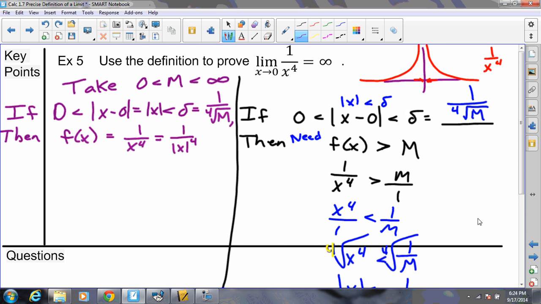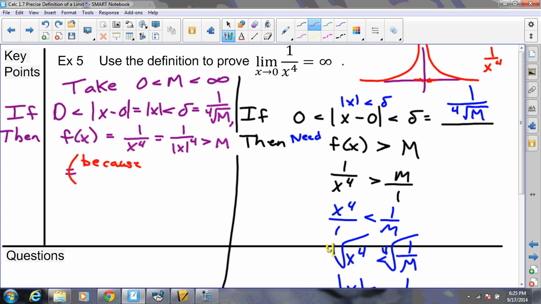Anyhow, this number has to be greater than 1 over 4 root to the fourth, which is equal to, I wrote that backward, I'm sorry. This piece has to be, this is a number that has to be greater than m. And our reason for that,